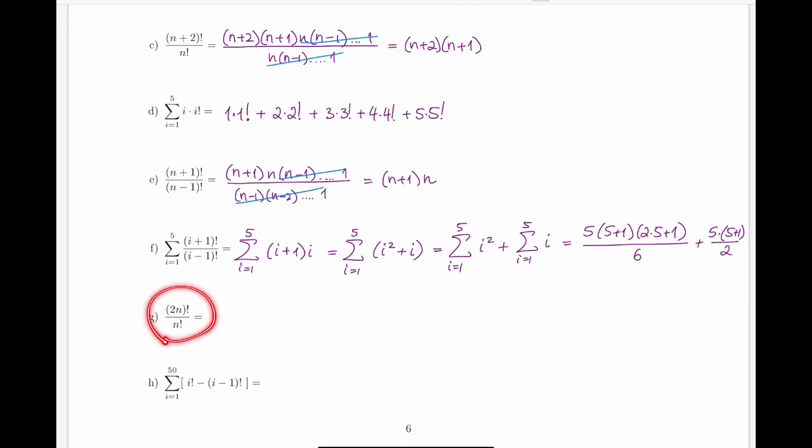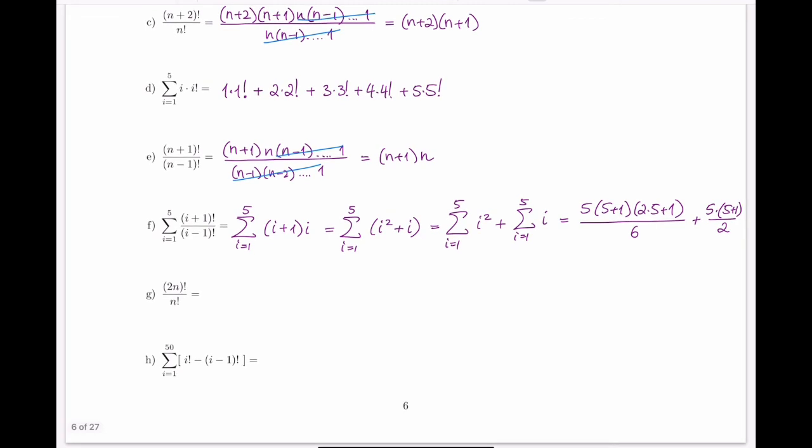One thing to remember is if you have a factor inside a factorial, you cannot just cancel things out that look similar. 2n factorial is very different from n factorial. So 2n factorial means we start with 2n and we work our way down one by one. Somewhere along the way, we will hit n halfway through, and then we will proceed to decrease all the